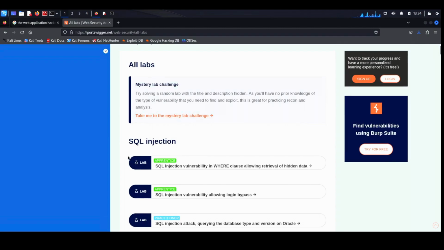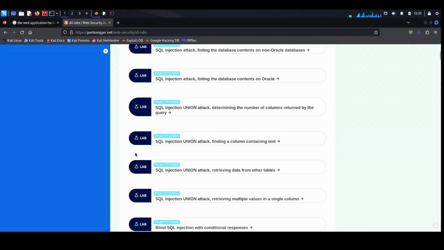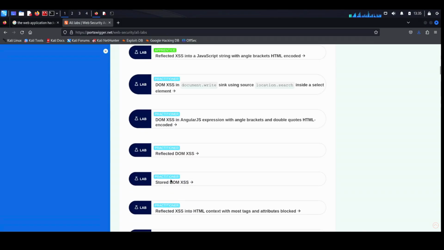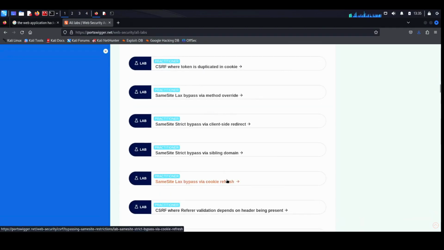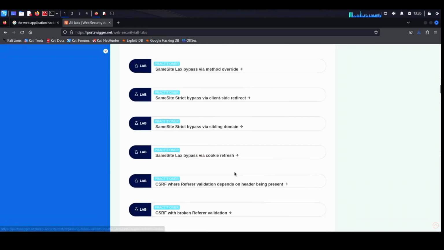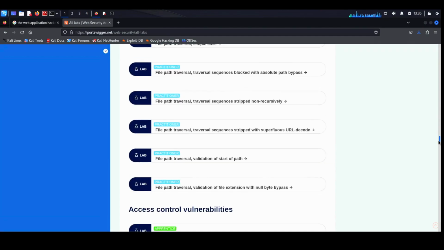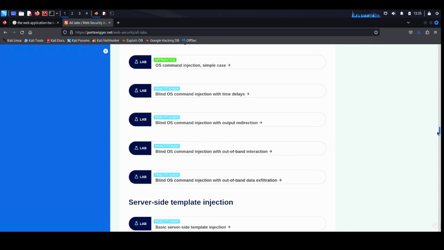the labs are divided into different levels. For example, this is beginner, apprentice level, practitioner, which is intermediate, and then, this is cross-site scripting, some have expert level, and they are just adding different labs from time to time. They add different labs and different topics. This is something we do not cover because this is expensive. As you can see, there's just so many things we didn't have time to cover, and